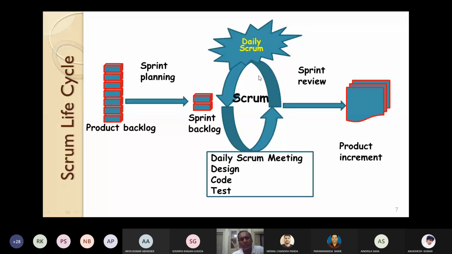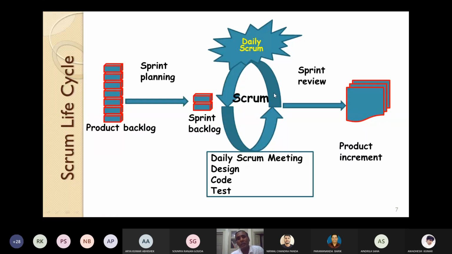In daily Scrum, you have to do a meeting. Then you have to do a little bit of design for those sprint backlogs. You have to code for these sprint backlogs. You have to test for these sprint backlogs. So these items are included in daily Scrum. Perform daily Scrum every day. Then sprint review.